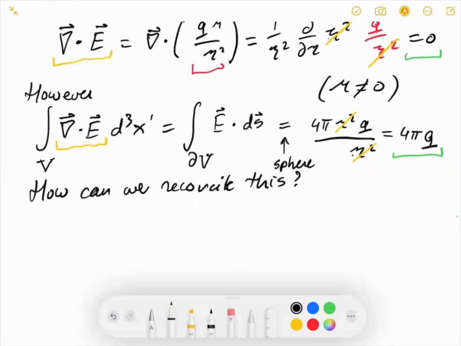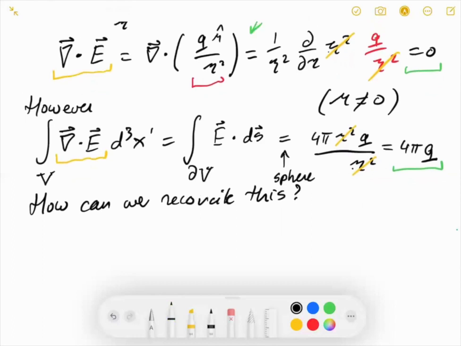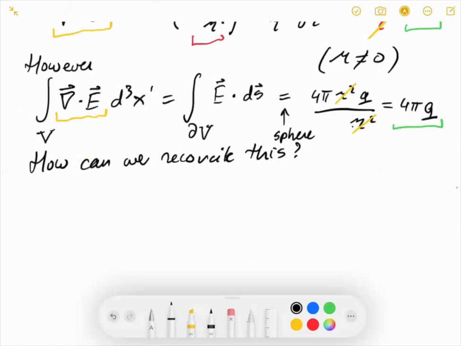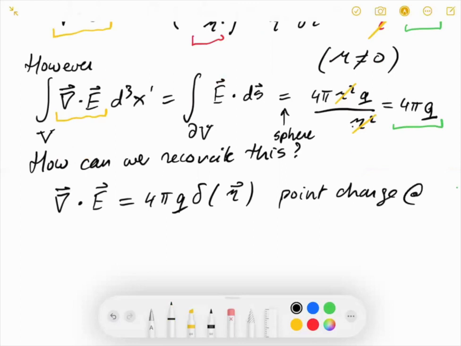Well, we have to realize that the exception is the origin. We already know that we are not allowed to look at that divergence at the origin because it's not really defined very well. And we do know that as long as that sphere that we take our Gaussian integral around spans the origin, we know that on the right-hand side, we're going to get a 4 pi q. So this is a textbook case of a delta function. So we say that the divergence of E is actually 4 pi q times the delta function of R, if it is a point charge at the origin,